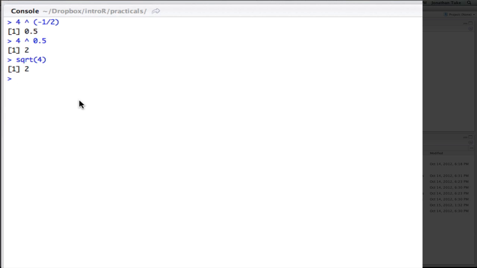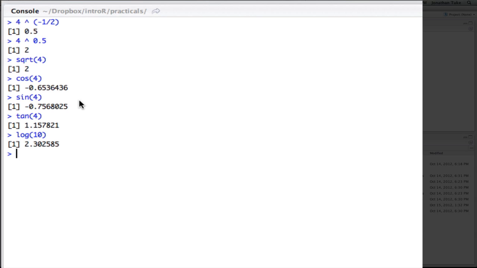So things you might find useful, we can get the cos of something, we can get sine, tan, we can also get log. Now the interesting thing is, the log here is actually the natural base, and we can actually add in extra